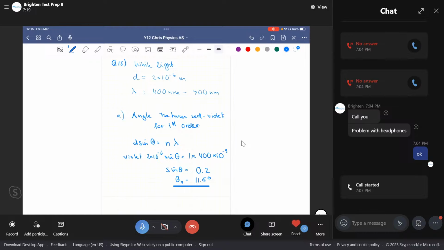All right, okay. What about the red one? Everything is the same besides the wavelength. Okay, yep. That would be how much? 700 times 10 to the power of negative 9. So 700 divided by 2, huh? When you look at that, 700 divided by 2, what would that be? I mean, compared to the red one, if you take the same dimension. 350. Okay, yep. And therefore,